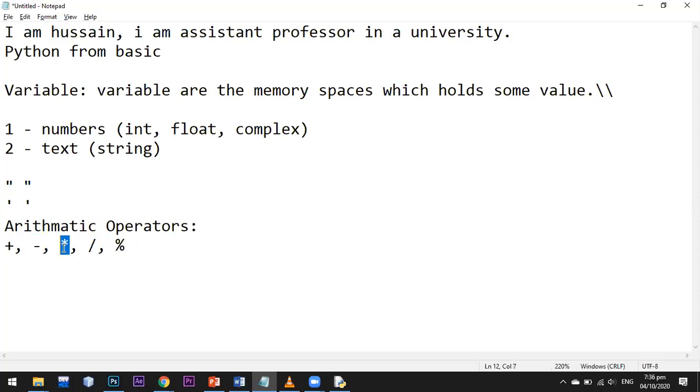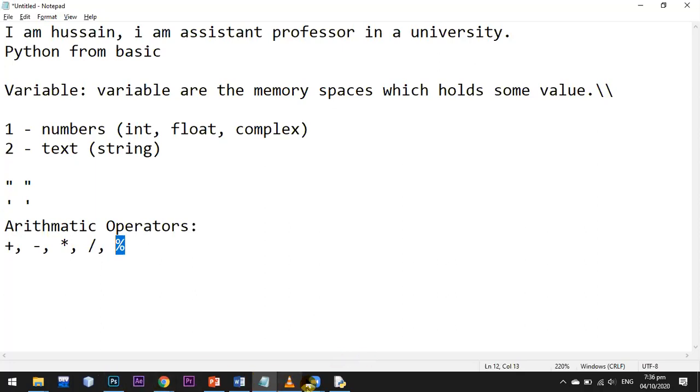Multiply, when we want to multiply two numbers. Divide, when we want to divide two numbers. And remainder, when you don't want your answer in decimal float numbers, you want to get the remainder. Like if I divide 5 by 2, the answer is 2 and the remainder will be 1. So if you only want the remainder, you will use this remainder sign.